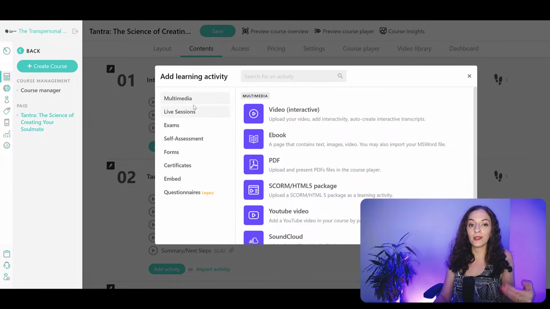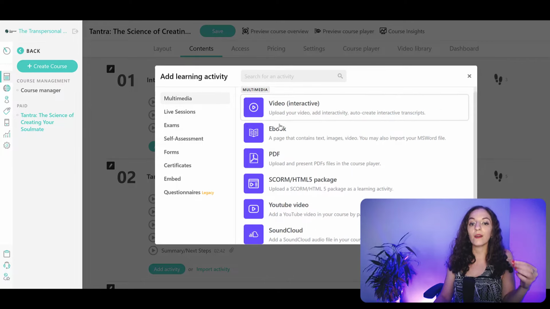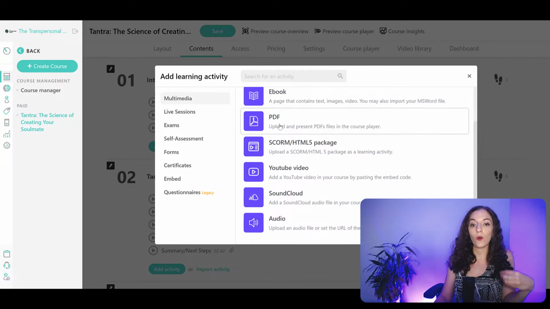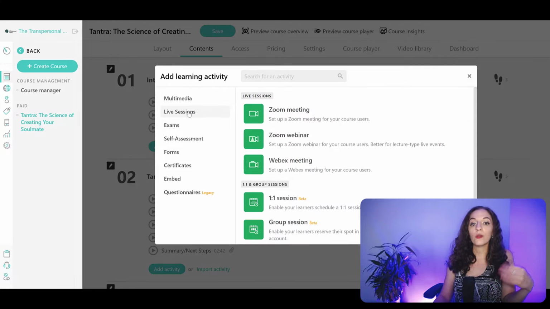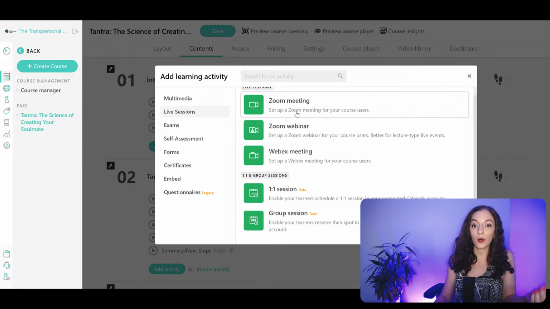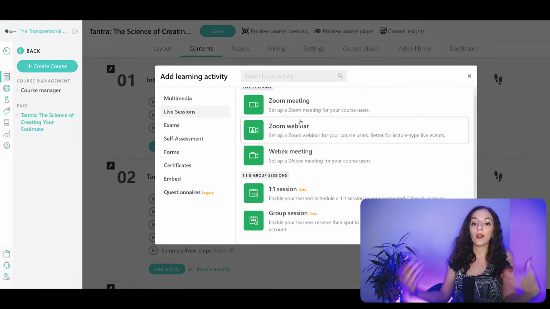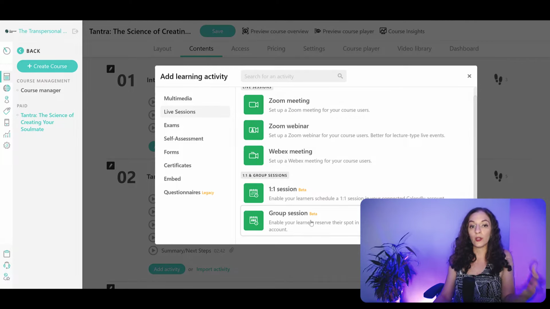And so as you can see here, there's a ton of different learning activities or lectures that you could do for your course. You can embed different elements here, an ebook, PDF. You could do live sessions, so literally set up a Zoom live session or a group session in your course and connect it and integrate it with Zoom, which is seamless because students can attend your live session within your Learnworlds site, so they're not taken away into a Zoom player or anything like that.